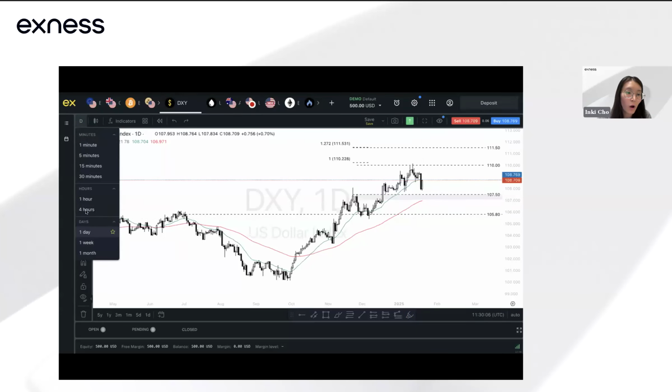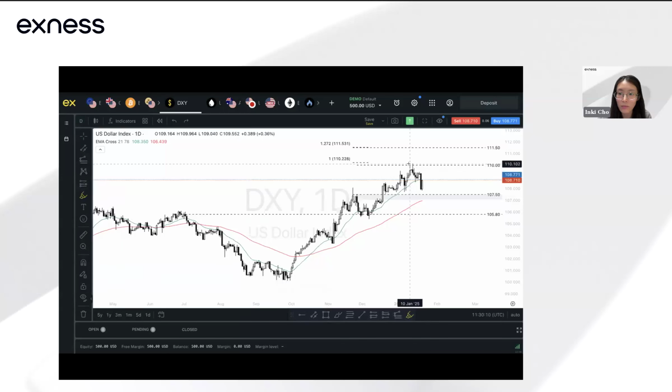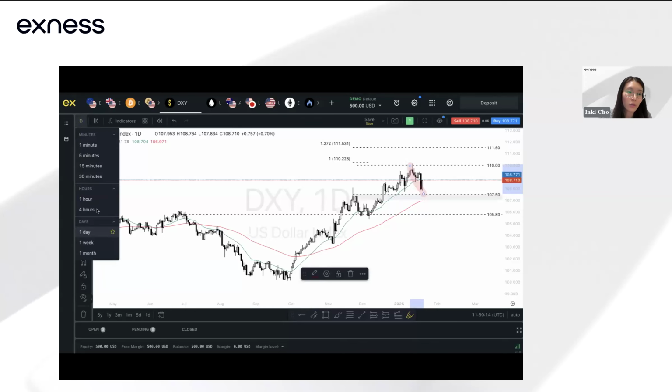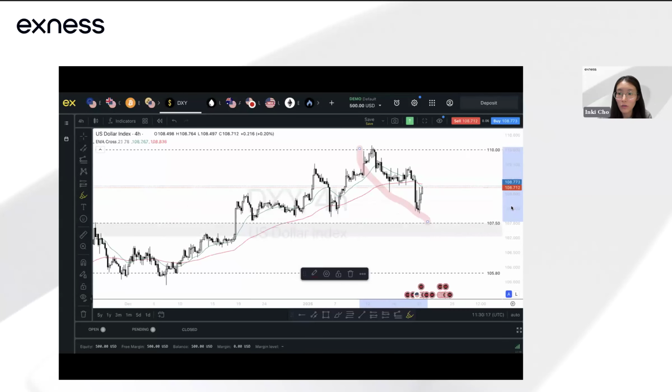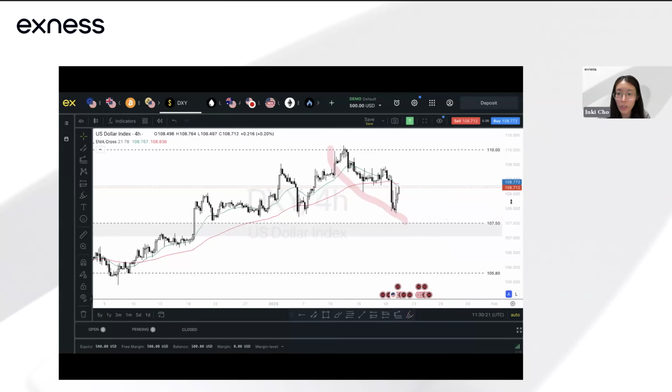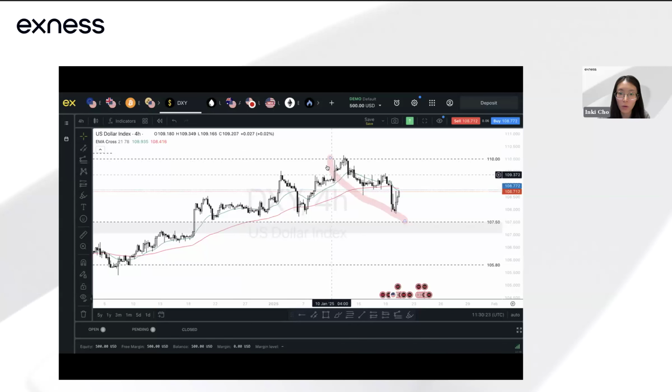If we move down to the 4 hours time frame, right, just focusing on this movement, you can see this area over here. So I'm going to highlight this leg in pink and we will move down to the 4 hours time frame. On the 4 hours time frame, you can see that with the most recent price movement that caused that pullback, price is still in this bearish structure, right? It's still forming lower lows and lower highs. And you can see that from the most recent move as well. So for me, I think that price could still experience short-term weakness, right? Potentially pushing into this low at 107.50.